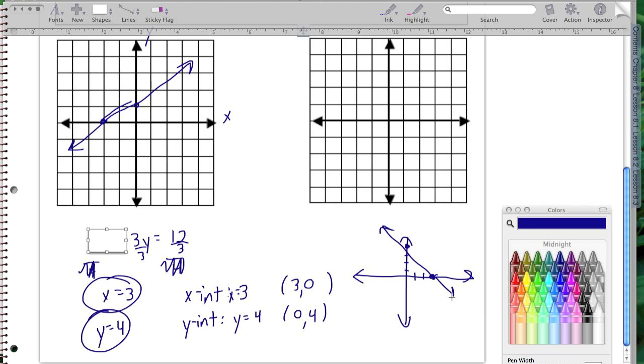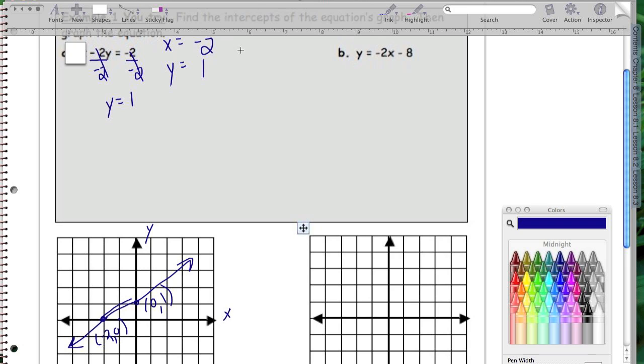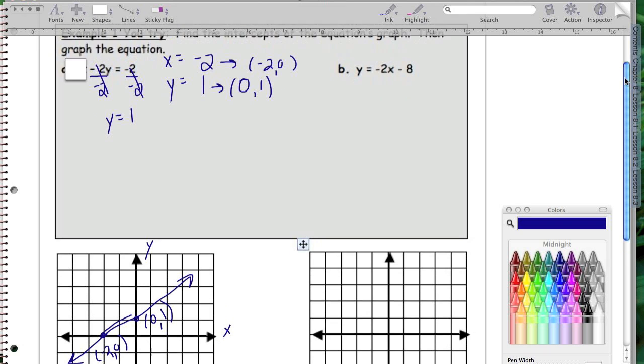That's what the graph would look like, but it's also important to recognize how you could get the ordered pairs. If we wanted the ordered pairs, the points would be negative 2, 0, and 0, 1. If we look up to what we found our x and y intercepts to be, this is how we would get it. We could just say, oh, x is going to be negative 2, 0, my x value. My y here is going to be the 1, so the other point must be 0, 1. Now notice I left B